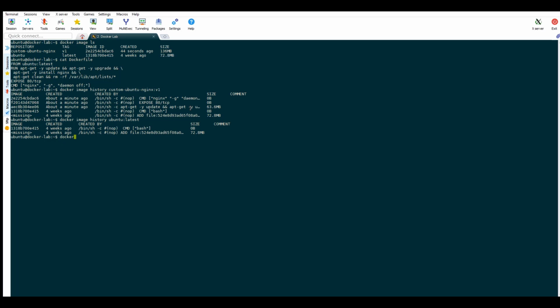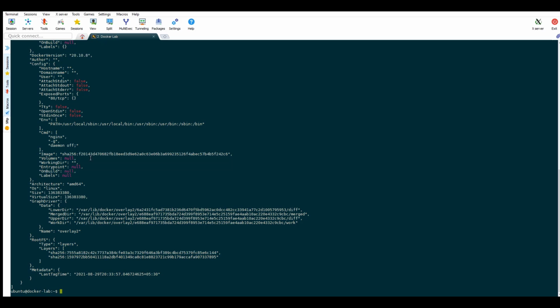We can also run docker image inspect and check the layers that are created for this image. So here you can see two layers created. One is from the base image and another is the layer that has been created on top of the base image.